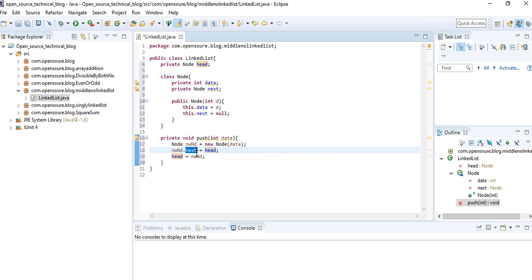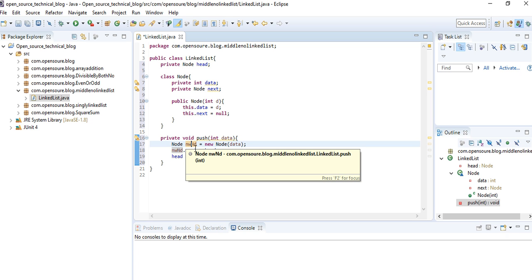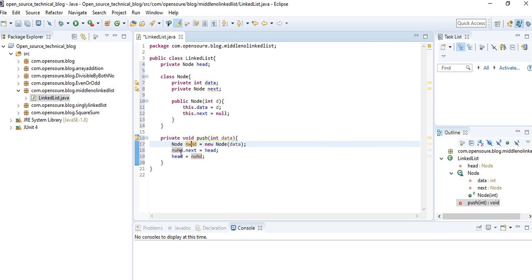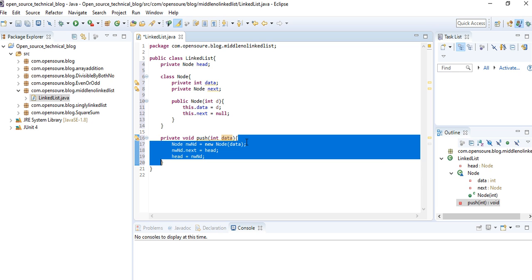Then for this particular node, let's say we have inserted 6 as the starting point. So this is the node 6, then dot next means from this particular node, the next element will be this head. Then again, we are assigning this particular node to the head. So right now head becomes whatever element we have inserted. I'll explain it more later in the program.